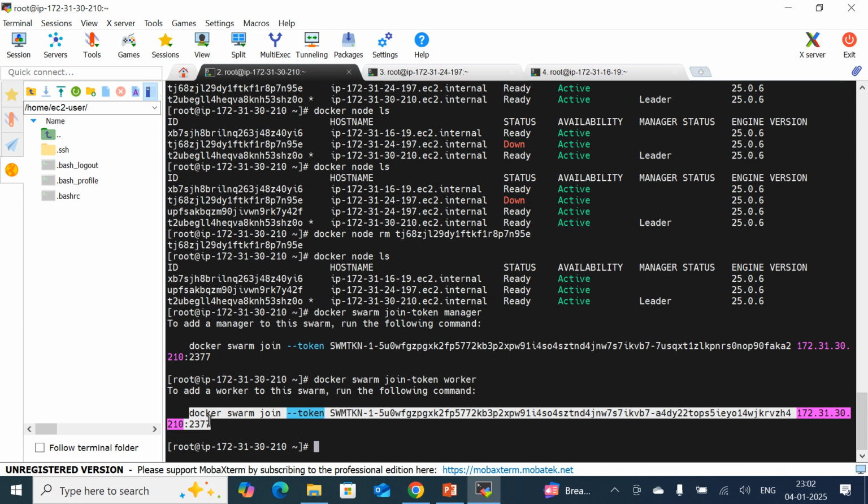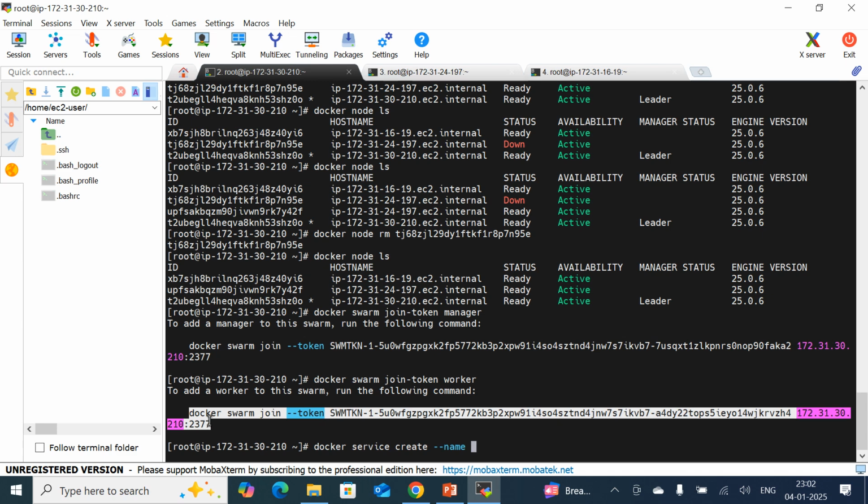Fine. Up to now, we have successfully created the Docker Swarm. So my requirement is that I just want to run a service. How will I be able to create the service and at the same time run the service? Here the command is what we want to run: docker service create